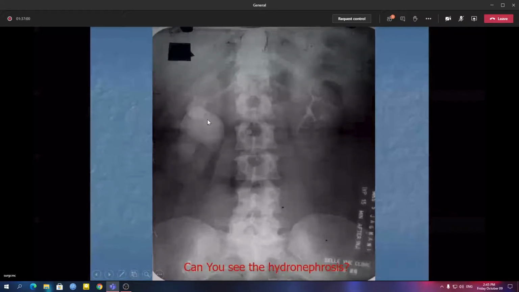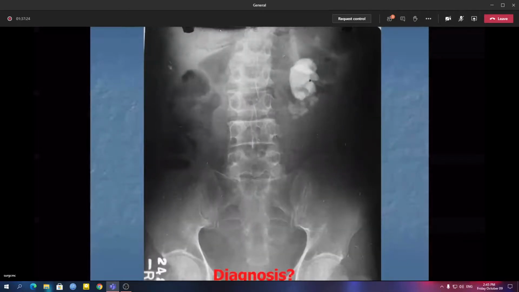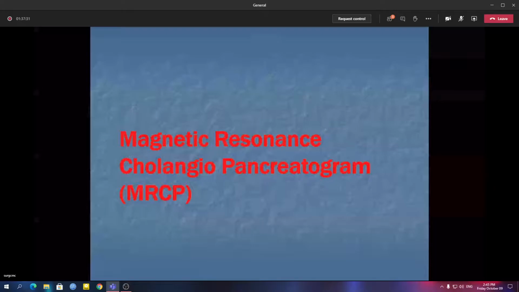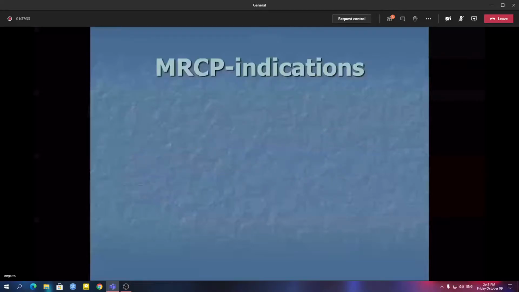This kidney needs immediate intervention. You are putting 5-10 cc dye or even 20 cc dye via vein. How much damage are you putting on this already obstructed ureter and pelvis? Do you actually? Rather, identify what else you can do. These are stones. These are just the names you must know.